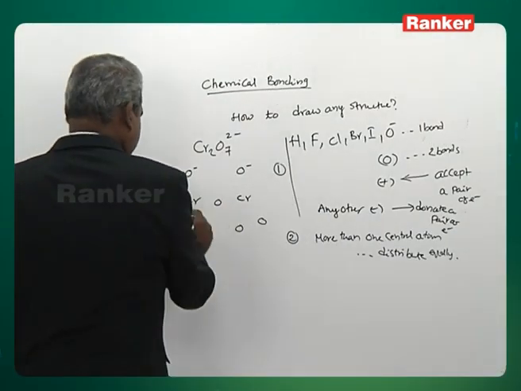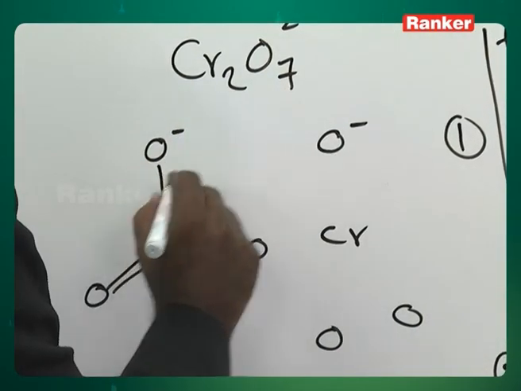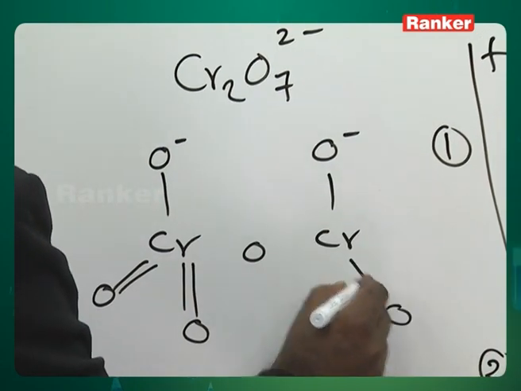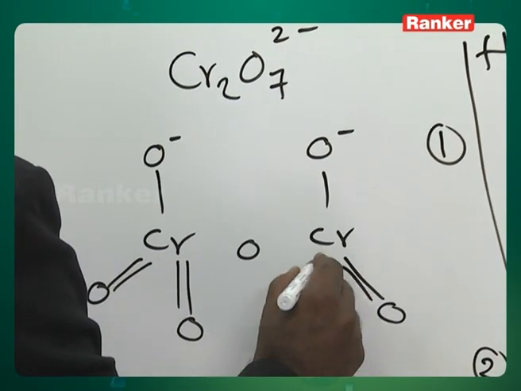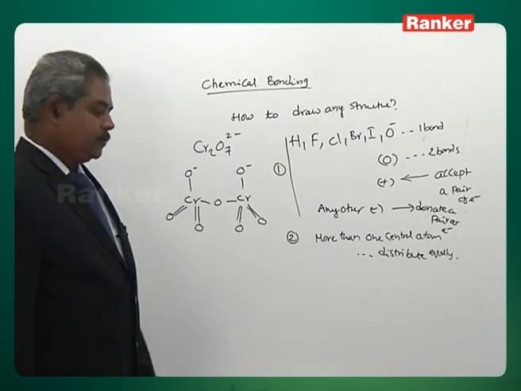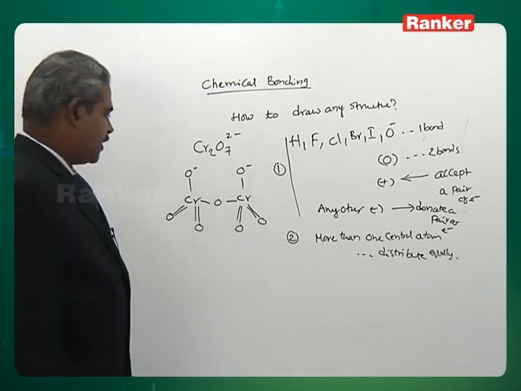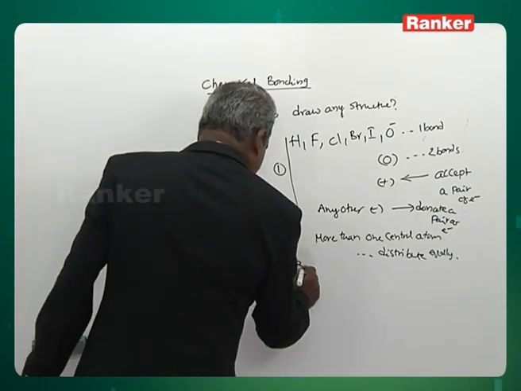Now, what is the role of oxygen? Forms 2 bonds. O minus forms 1 bond. 1 each, that's all. Cr2O7 2 minus. So, more than one central atom, distribute equally. That is the second instruction. Third,